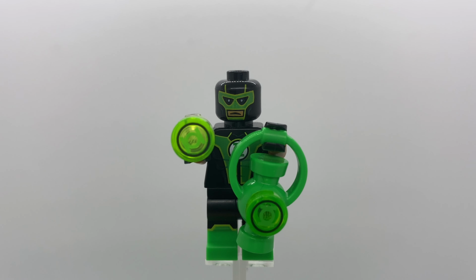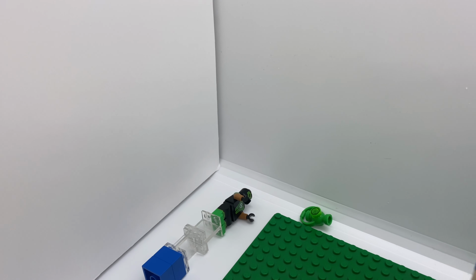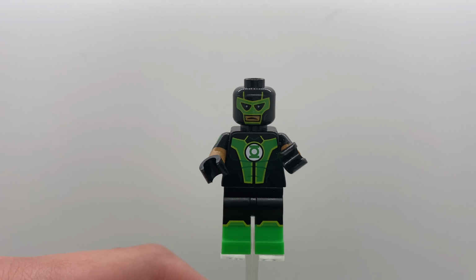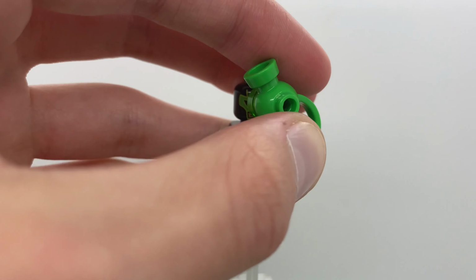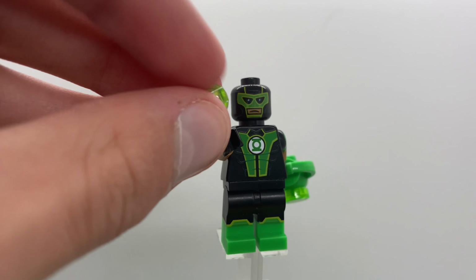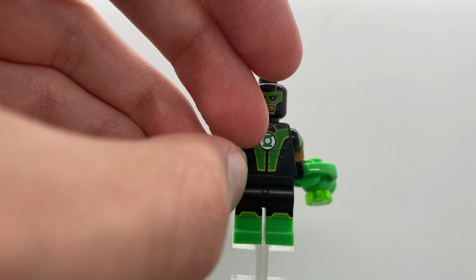This ring here is... I just reached in and he just... Look at him down there. Where even is his ring? I don't even know where it went. Alright, here we go, bro. Here we go. This thing. Just gotta put this on. Put the ring in his hand this time. Maybe I'll... nope. Why can't it just...